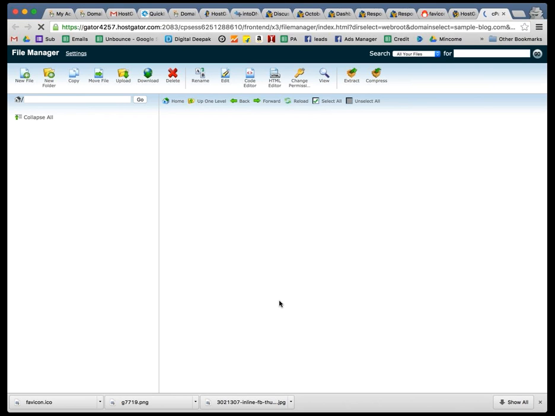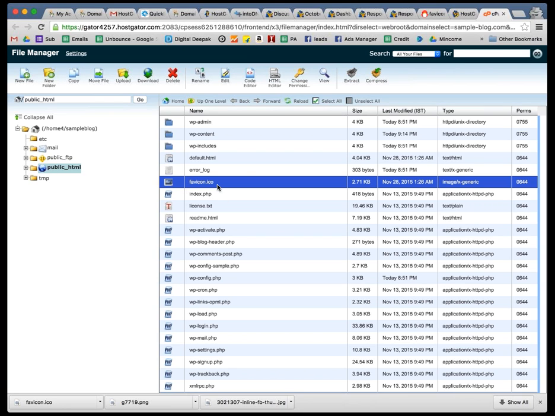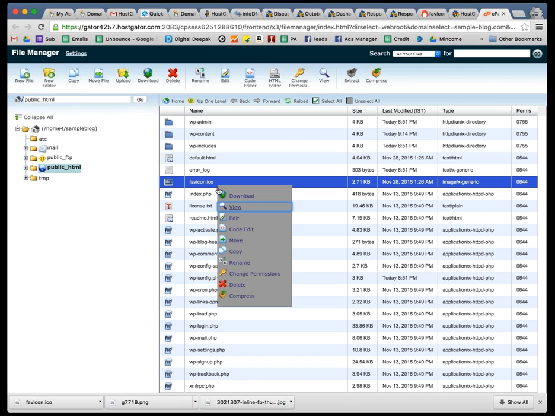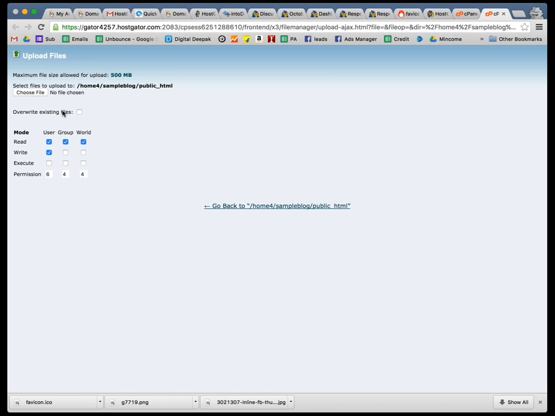Just click on file manager, click on go, and here you will see that HostGator has already uploaded their favicon.ico file, and that's why HostGator's icon is showing right here. Just go ahead and delete the existing file by right clicking, delete file, and then click on upload. Choose the file,